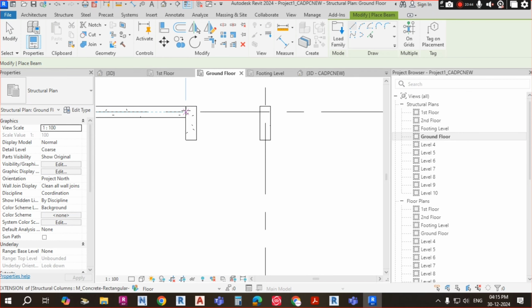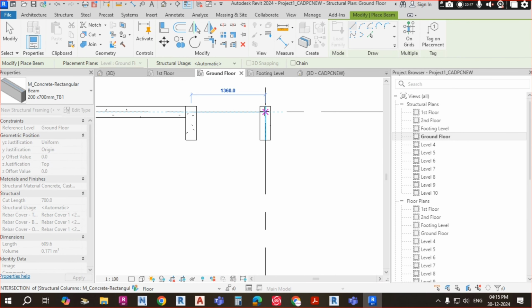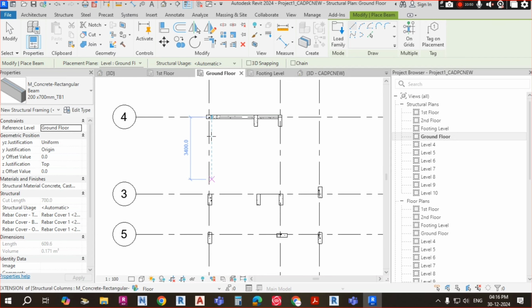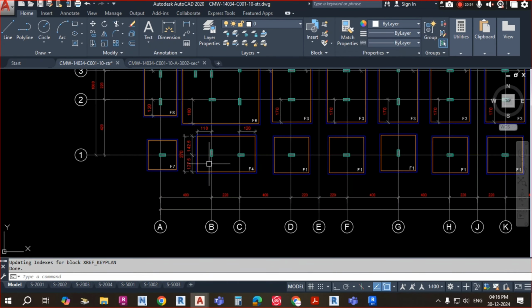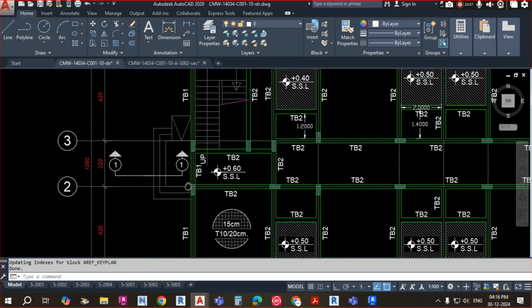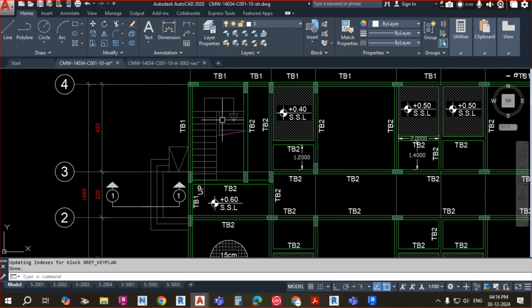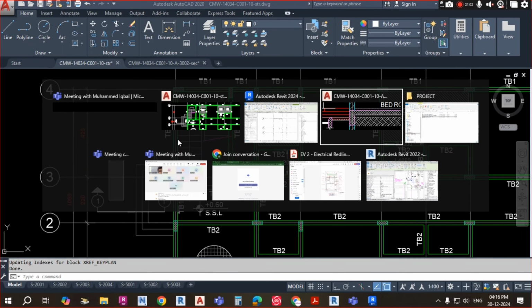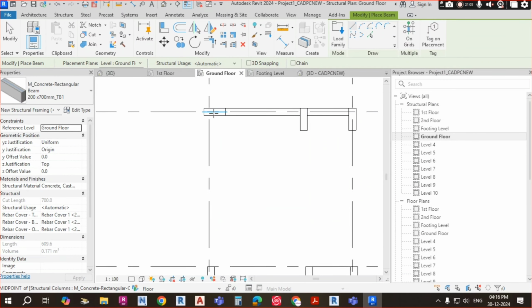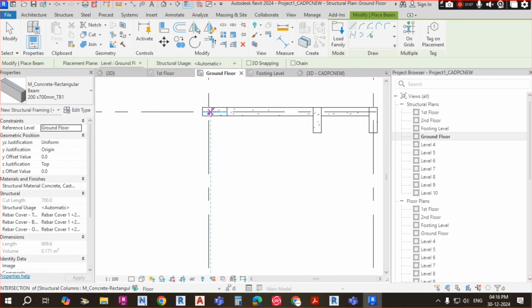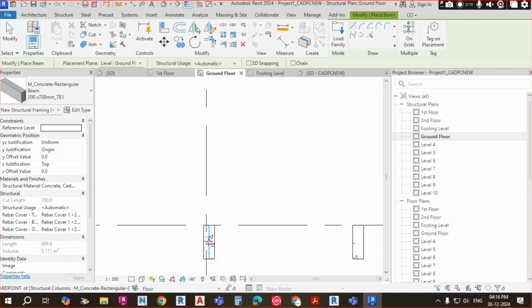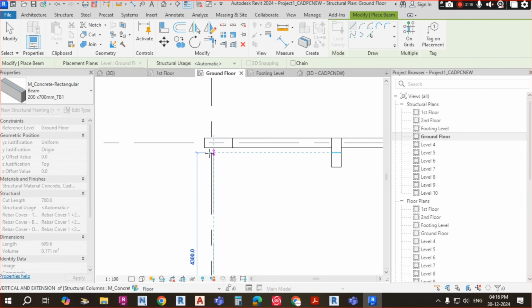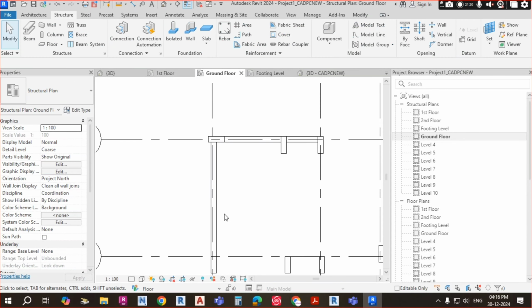Again, from intersection point to intersection point, one more beam. Okay, again from here also you can check it here. What is the size of the beam? This side, ground floor, TB1, same size. So again you have to place the beam here also the same size. Here also you have to go intersection point to intersection point. Or if you click mid to mid also, it is not going to come, but you have to go intersection point, means from this mid to this intersection point. Here they will come,